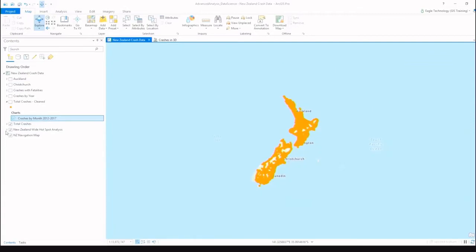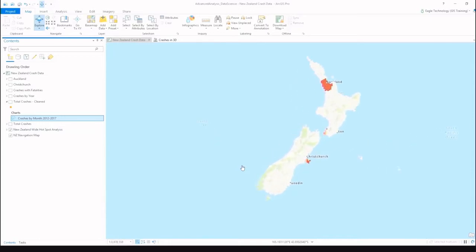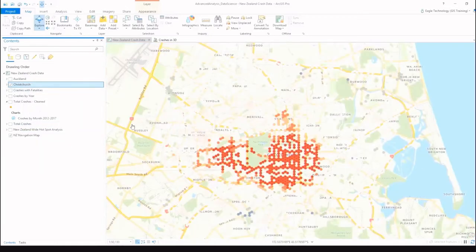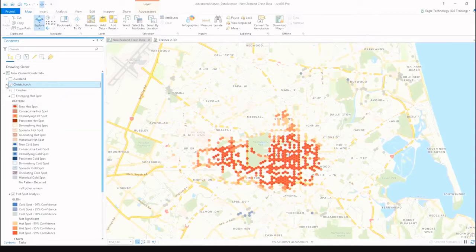We can obviously look at particular locations of the crashes, but I've also done a little bit of analysis here to confirm what we saw in our heat map. So I've run a hotspot tool, and I have statistically significant hotspots in Auckland, Christchurch, and to a lesser extent in Wellington. So let's zoom in on one of these locations. We're going to go to Christchurch, and I've just done another hotspot analysis for the centre of Christchurch. And not unsurprisingly, right in the centre of Christchurch, we're seeing more accidents happening.